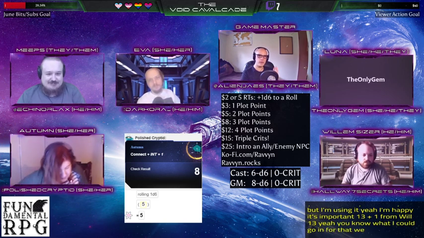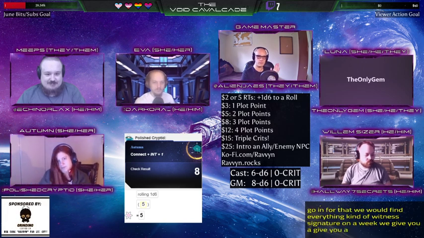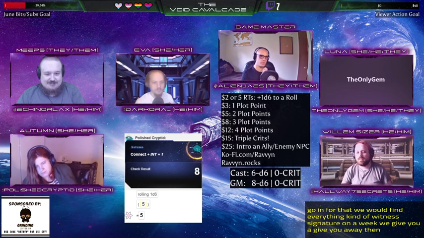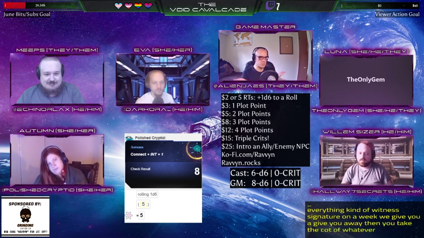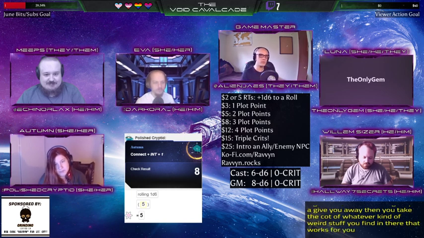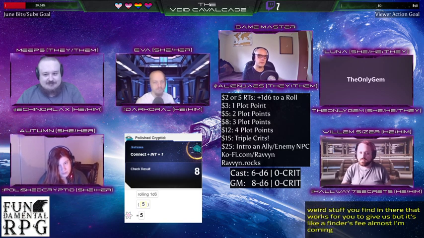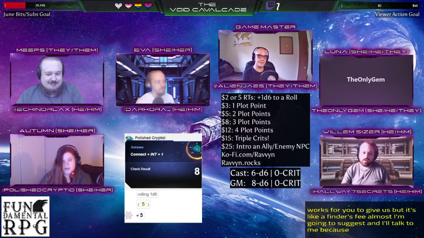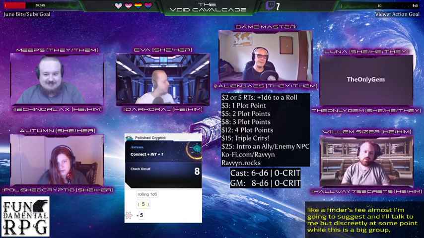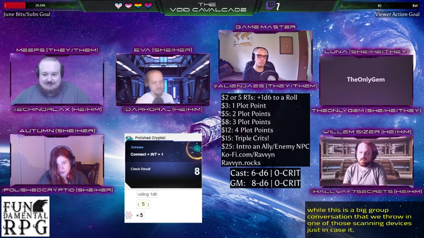We find anything with this signature on it, we give you a wave, and we maybe take a cut of whatever weird stuff you find in there, if that works for you. Up to you in terms of how much you give us, but just like a finder's fee almost. I'm going to suggest, and I'll talk to Meeps discreetly at some point while this is a big group conversation, that we throw in one of those scanning devices just in case they come across someone who says they've...